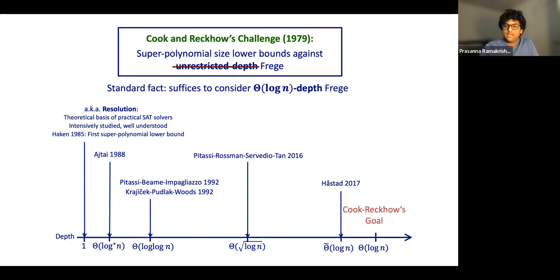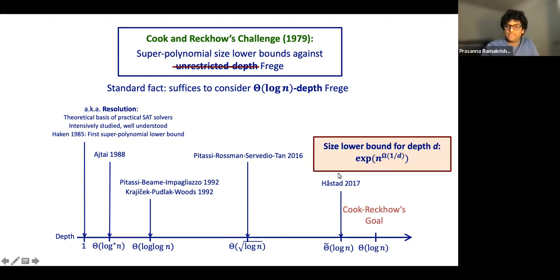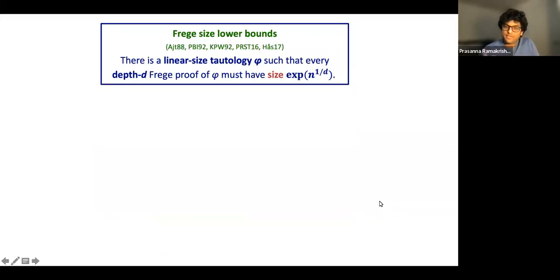And so I'll mention them several times in this talk. And then finally, about a year later, Håstad was able to improve this result and get essentially quite close to log of n. So the size lower bound for depth d here is exponential in n to the omega 1 over d. And so this remains super polynomial as long as d is something like log n over log log n. But I want to point out something that's kind of peculiar about all of these results, which is that there's